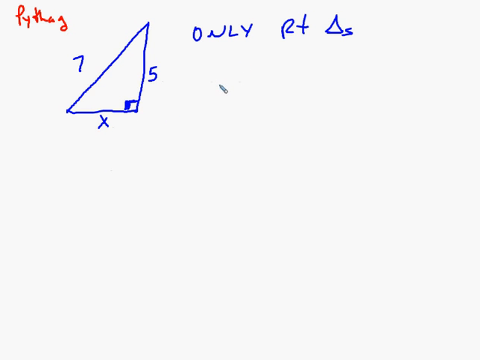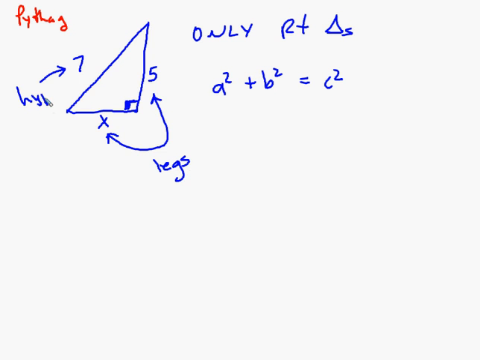Now Pythagorean's theorem says that the sum of the squares of the legs equals the square of the hypotenuse. These 2 things, just so that we're talking about these in the right way, are called the legs of the right triangle, and this is the hypotenuse. Alright, so we'll plug in the numbers that we have here. X squared plus 5 squared equals 7 squared, and we follow the order of operations,